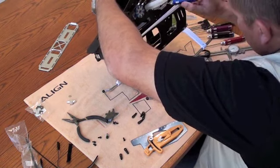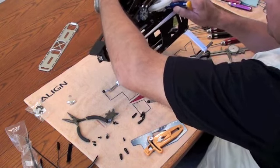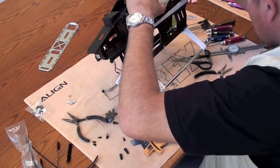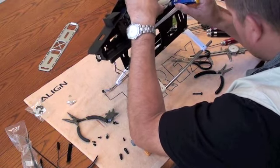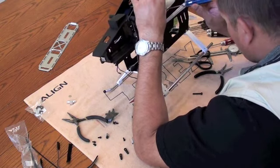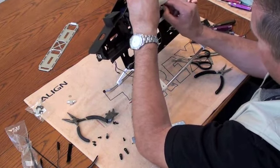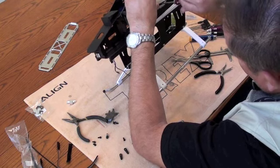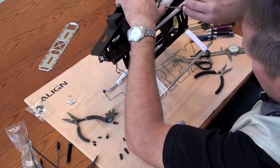Okay, let's double check that, like that. Side loaded just a tad. Okay, let me pull down on this. Push that up again. Alright, let's be careful here. When you're putting this bolt in here, make sure that you don't go in crooked. When it's going in, it should go in relatively easily. Might require a little bit of pushing, but you don't want it to torque up or down or anything like that. If it is, back the bolt out,